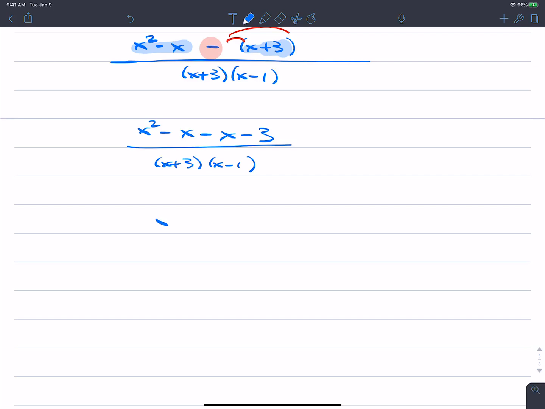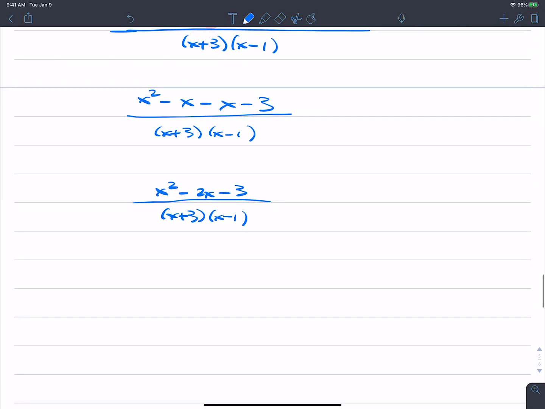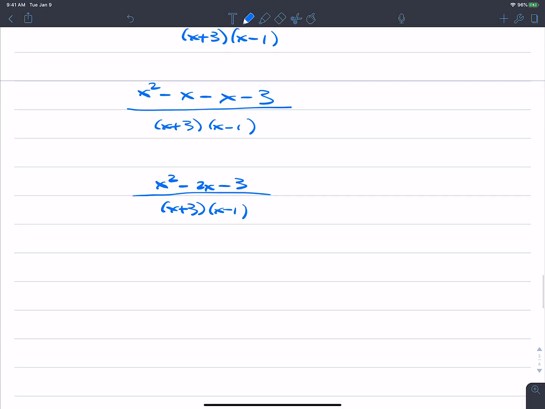When you combine your like terms, you get x squared minus 2x minus 3 over x plus 3 times x minus 1. So the question is whether or not this fraction is simplified. Now, what you'll have to do is factor the numerator if it's factorable. The denominator is already factored. And so when you go with your procedure here for factoring that numerator,